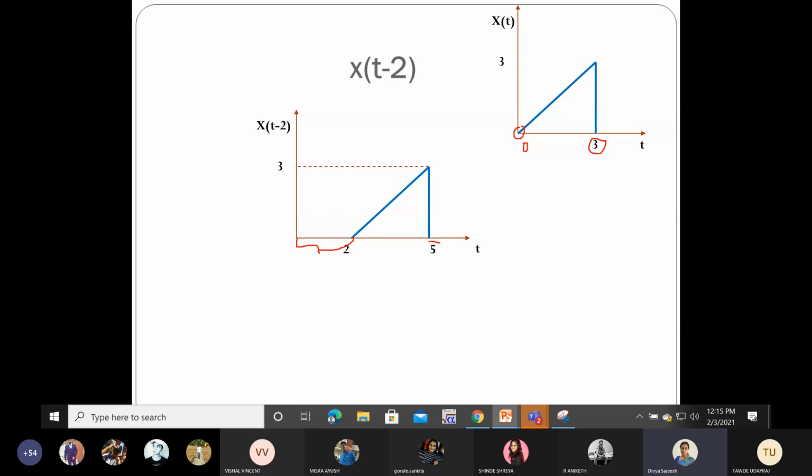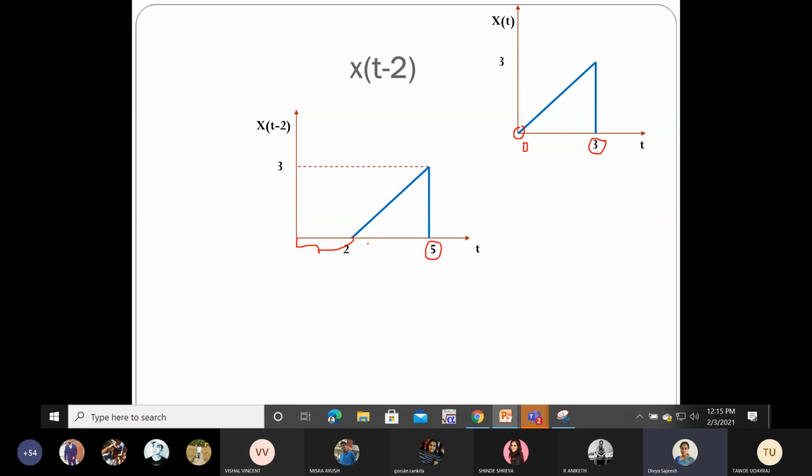This is the mistake you may be making while you are doing the signal operations. So you have to be careful with each point of the signal, where it lies on the x-axis, and do the changes accordingly. The one which was at third position, now since it is delayed by 2 positions, 3 plus 2 is 5. The one which was at origin, 0 plus 2, has shifted to 2. So this has been delayed by an interval of 2.